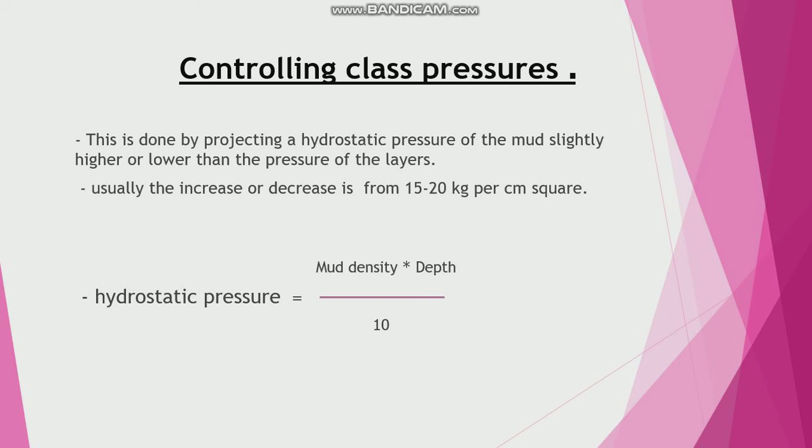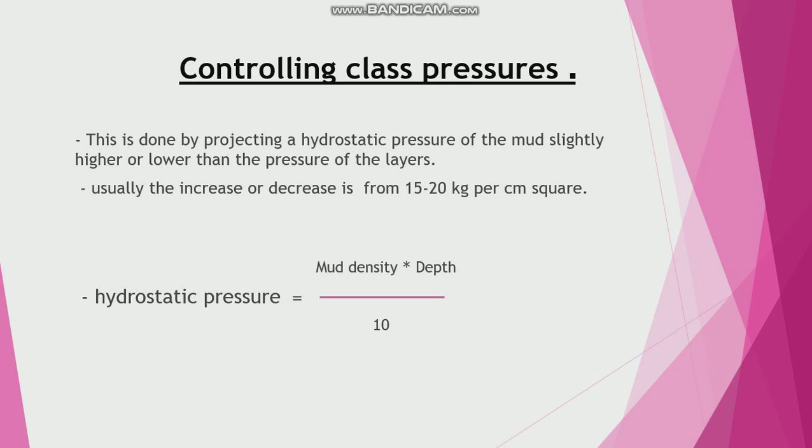Controlling the pressures of the layers, or how does the mud or drilling fluid control the pressures of the layers? This is done by projecting a hydrostatic pressure of the mud slightly higher or lower than the pressure of the layers. So it's explained that when we put and project the mud into the well, its pressure may be higher or lower than the pressure of the layers. Okay, and usually the increase or decrease of the hydrostatic pressure of the mud is from 15 to 20 kg per